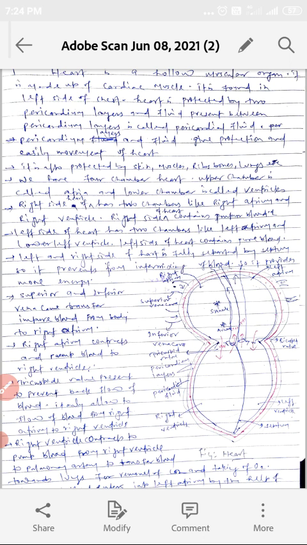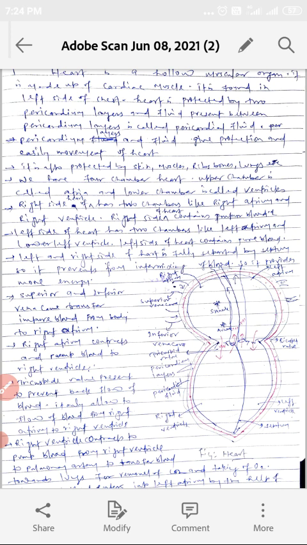Blood pressure. Heart pumps blood into the artery. Artery wall expands due to blood pressure. Blood pressure is measured by a sphygmomanometer. Normal or healthy blood pressure is 120 by 80. 200 by 100 is called high BP, and 100 by 60 is called low BP.